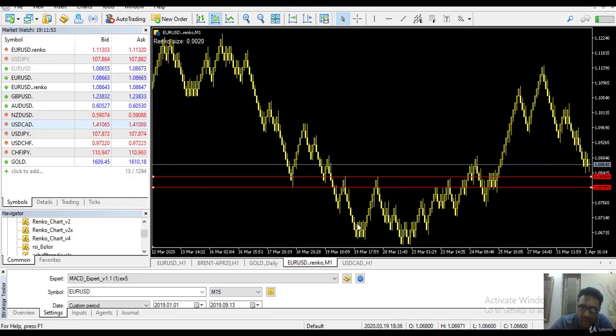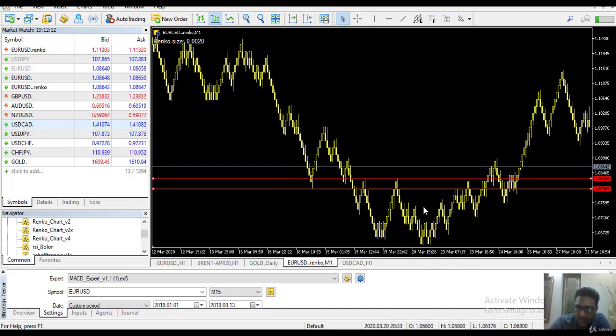The first reaction, it was tough. Then it moved back up in the same area, and then it came back down. See, you could have made profit from here, or you could have made profit from here as well. So it moved back down, right? Then again it moved back up, a little reaction, then moved back up again, and this is the fourth reaction,